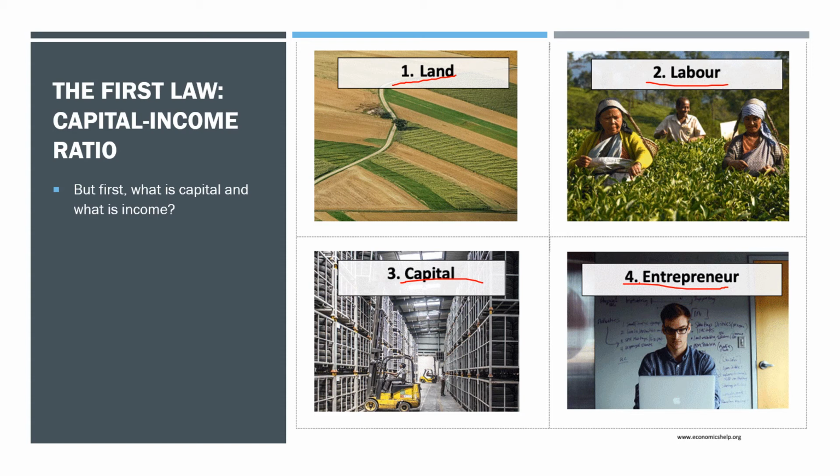Now, from a political economy point of view, we tend to focus primarily on these two things, capital and labor. And that's typically because, first of all, capital can buy you land, can pay labor, and can fund your entrepreneurial ideas. So capital is like the oil of the economy in a way. But of course, while capital can buy you land and fund your ideas, there must be a two-way system between labor and capital.